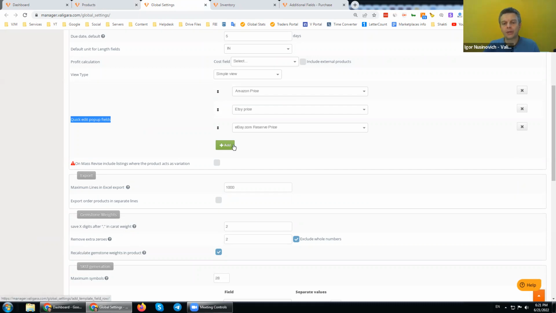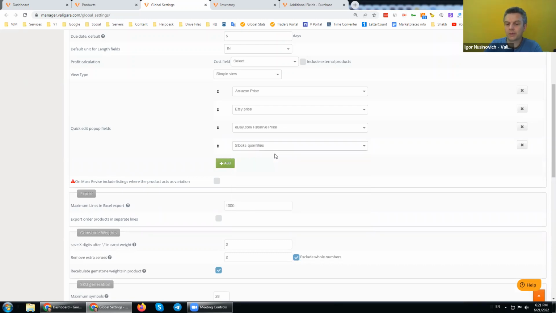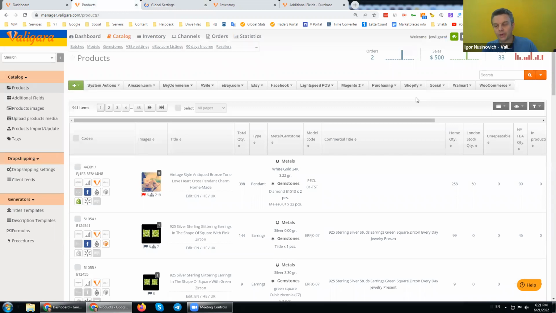So if I know that I often want to update my quantities, I will just select stock quantities and save. And in my products page, I will see the product in the quick edit now. When I refresh the page, I will see these additional fields.